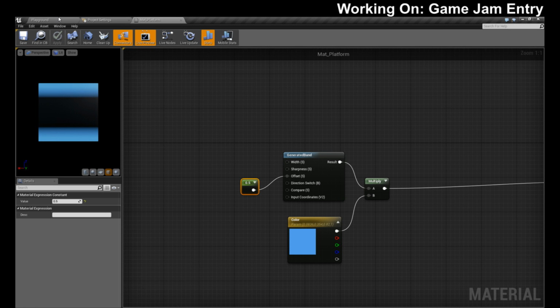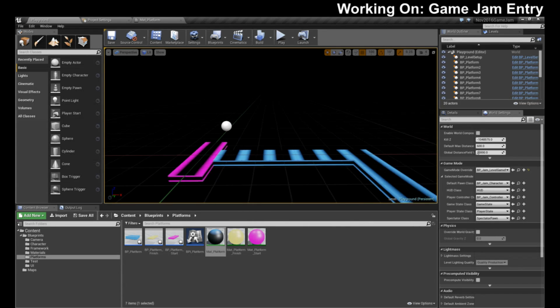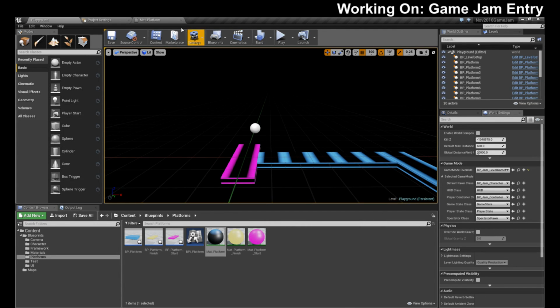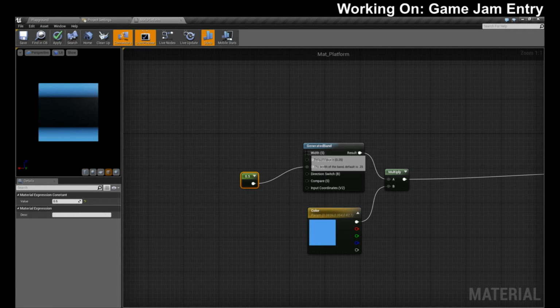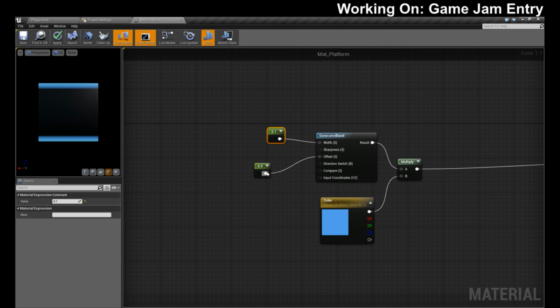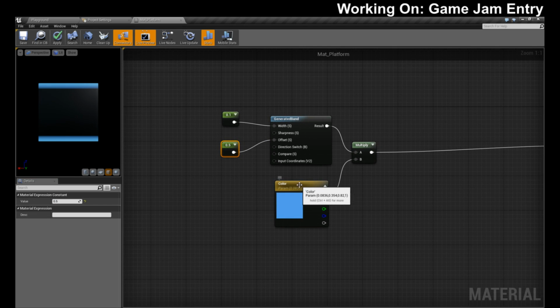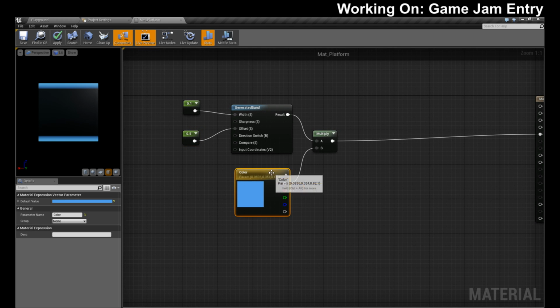It could work, maybe instead of having black in the middle with blue on the outside. Let's see what the opposite looks like. Okay, and we'll do that. We don't want to multiply. Maybe it'll work.